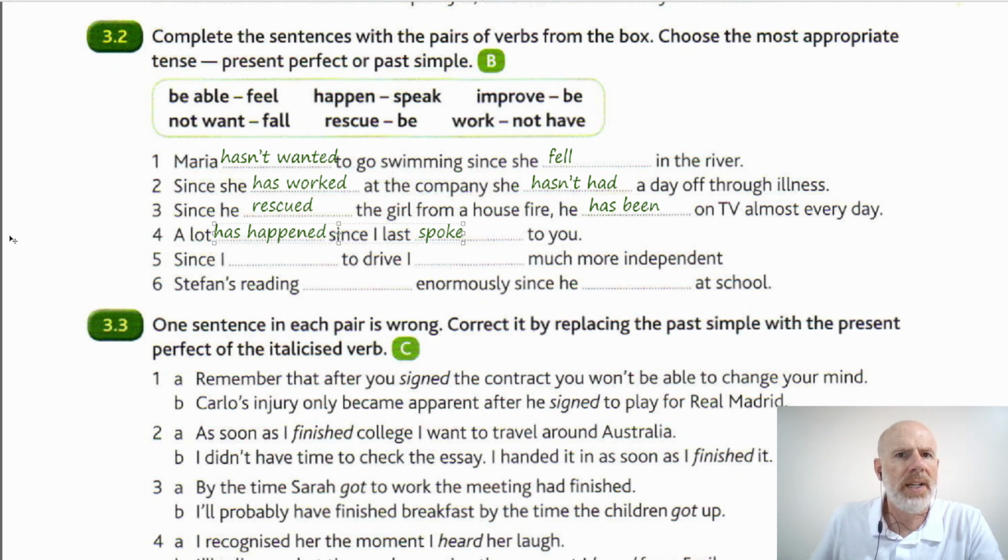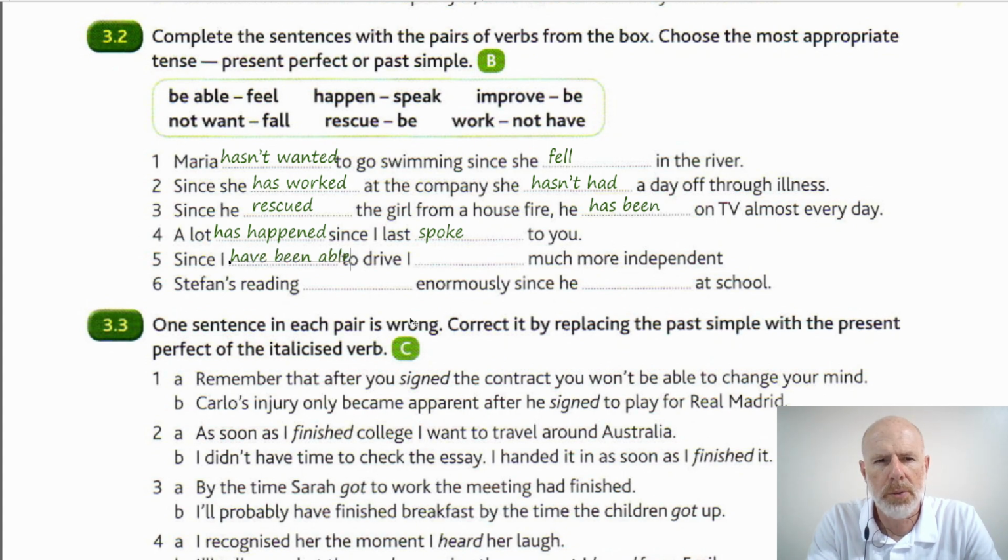Let's go to number 5. What do we have in number 5? Since I to drive, I much more independent. Since I have been able to drive, I started driving in the past, and I can still drive. I have been able to drive since I've been able to drive. I have felt